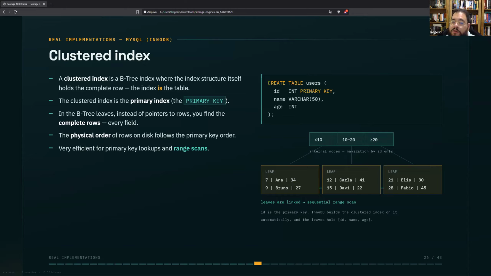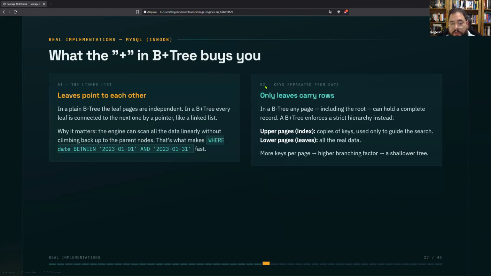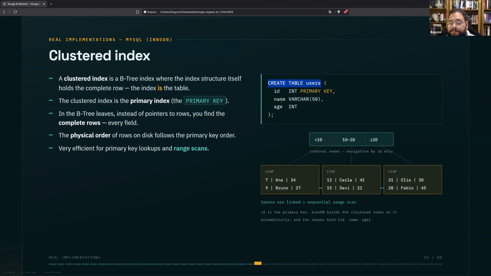So for example, when you do something like create table users, and you have an ID that is your primary key, you have a name and you have an age, the whole row is stored on the leaves of the B-tree. So the B-tree is the table.